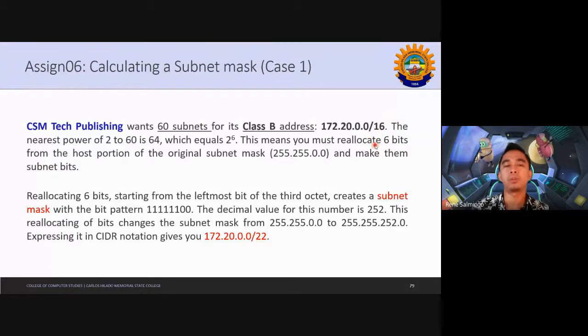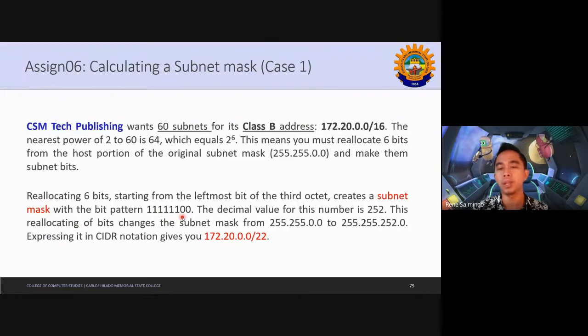The nearest power of 2 to 60 is 64, which equals 2 to the 6, meaning you must reallocate 6 bits from the host portion to the original subnet mask. So reallocating 6 bits from the leftmost of the third octet creates a subnet mask with a bit pattern of